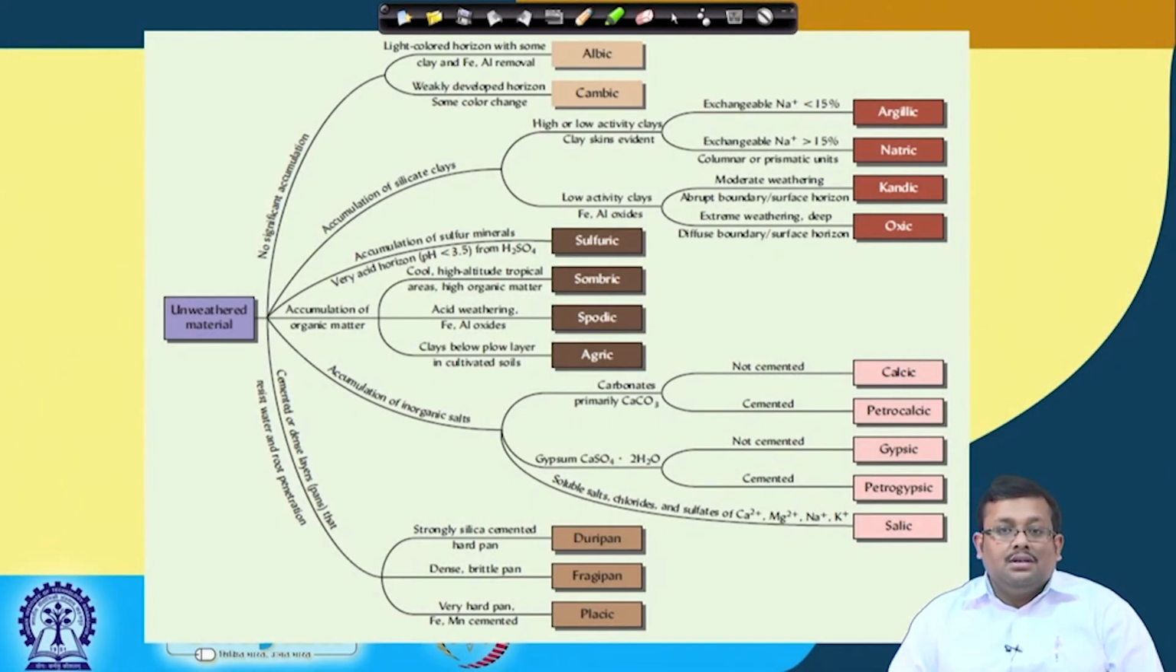Hello friends, welcome to this lecture of soil science and technology, and in this lecture we will be continuing the soil classification, and we will continue from where we left in the last lecture. So, let us continue from that. In the last lecture we have covered what is soil taxonomy and